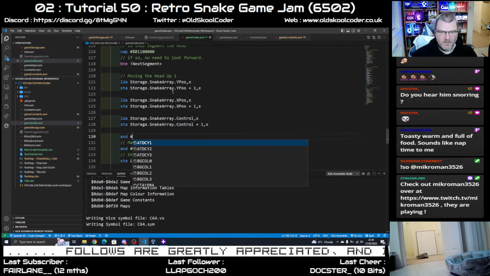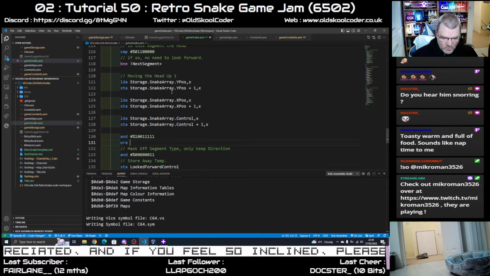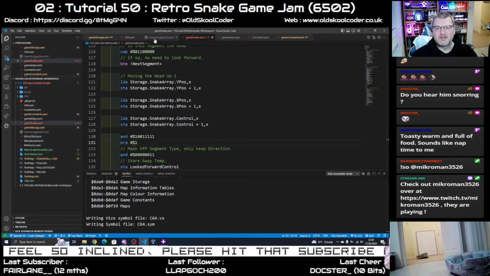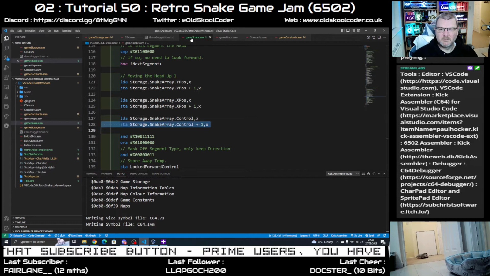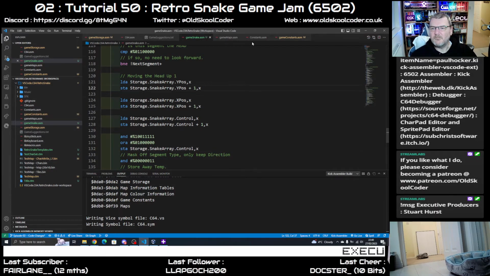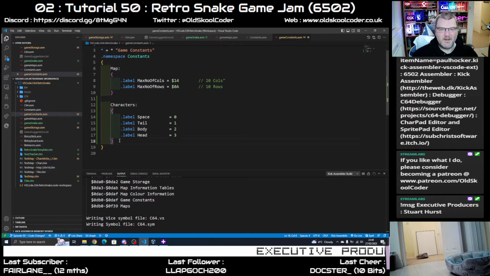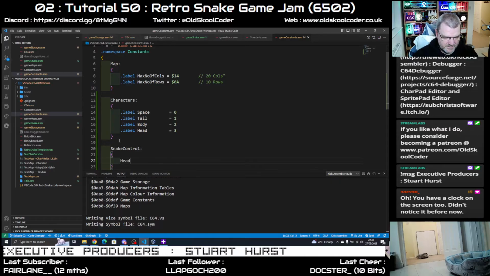So we need to get rid of the head characters and keep all the other information. Then we need to OR it with the body. Now this is getting a bit silly, so I'm going to start thinking about this. In game constants, snake control. So head is equal to